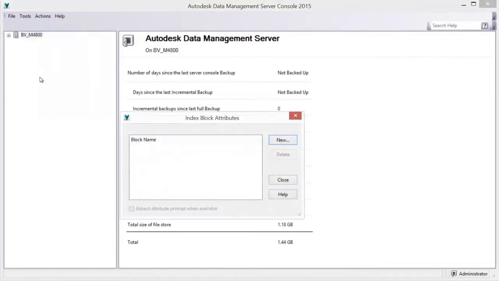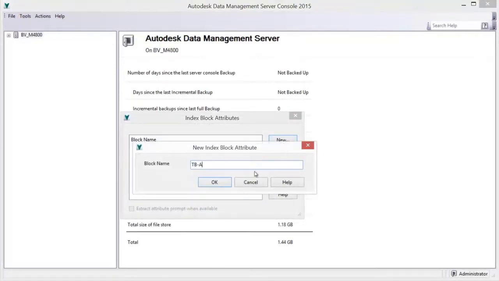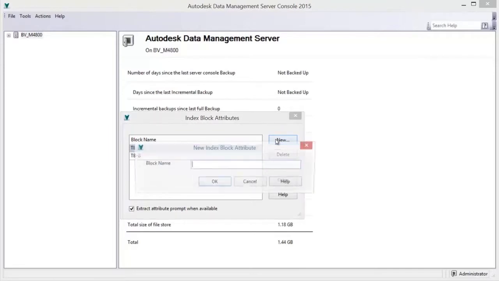When adding AutoCAD-based files to the vault, you can map block attribute properties to vault properties. Each block needs to be enabled by name. Once enabled, each attribute of the specified block is available to be mapped to a vault property and is indexed